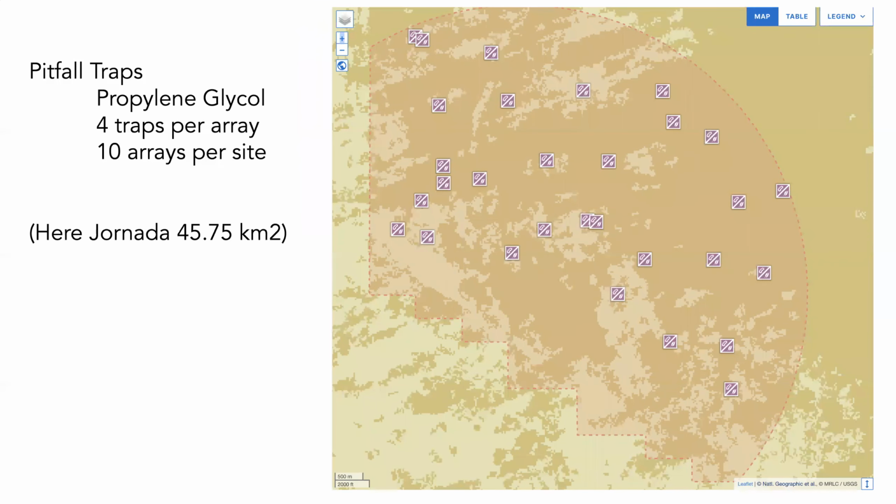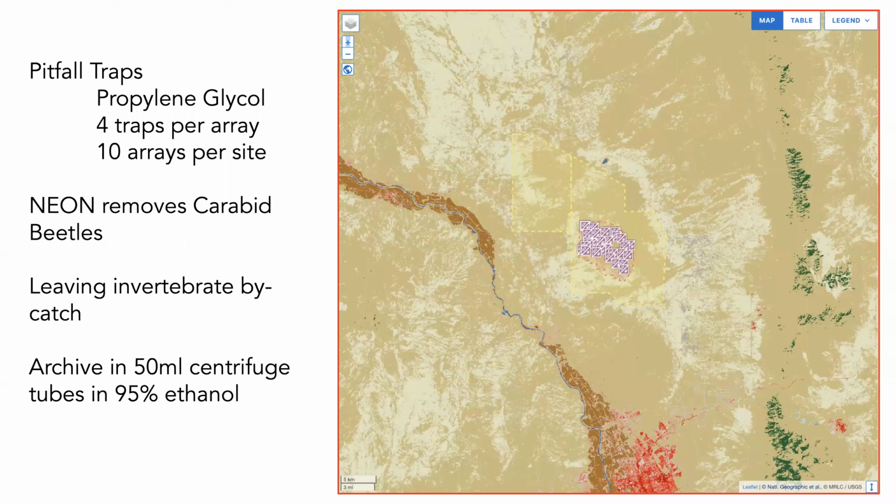And they're distributed across the landscape at kind of a more regional scale. So the darker beige area are the limits of the Jornada LTER in southern New Mexico. I don't know which one of these plots has the pitfall traps, but 10 of these plots in here have pitfall trap arrays and are distributed somewhere within 46 square kilometers. And here's just zooming out a little bit more. The red at the bottom would be the north end of Las Cruces, New Mexico, just to give you a scale at which they're collecting.